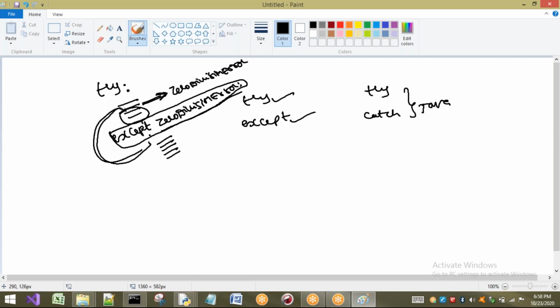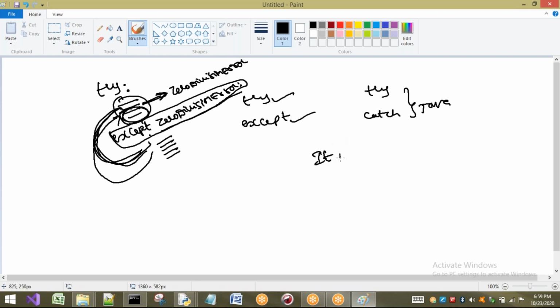Now the second point is, once you come out of this try block, the control will not go back to the try block again. We have to understand this. Why are we coming out of this try block? Because of an exception. Why would I go back again? Because of this exception I came out of it, so I will not go back to this try block. If you are not going back to the try block, what happens to these two statements? Those are not executed. Then what is the solution for this?